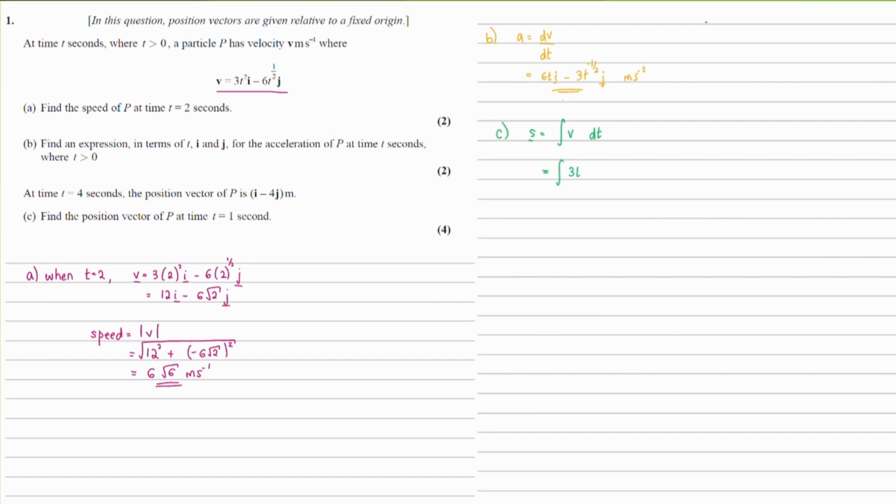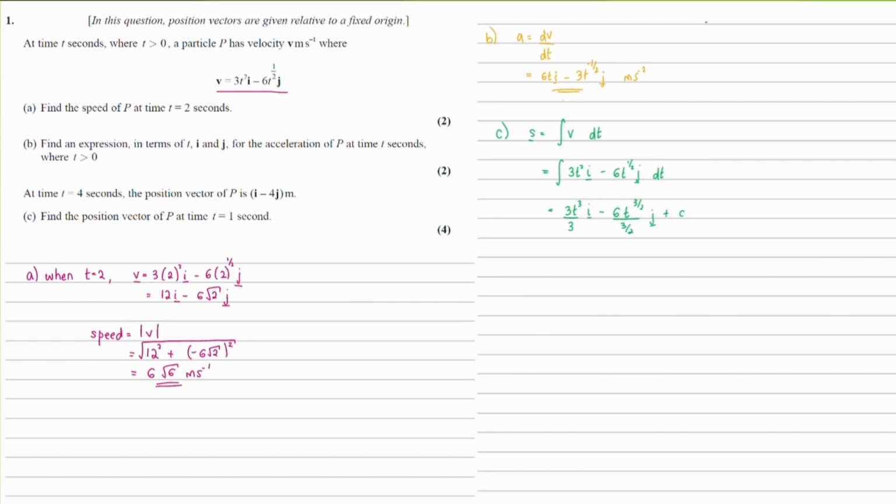So we are integrating 3t squared i minus 6t to the power a half j dt. So when we are integrating, we need to raise the power by 1 and divide by the new power. So this becomes 3t cubed over 3 i minus 6t to the power 3 over 2 over 3 over 2 j plus